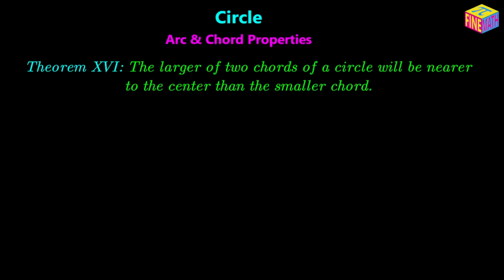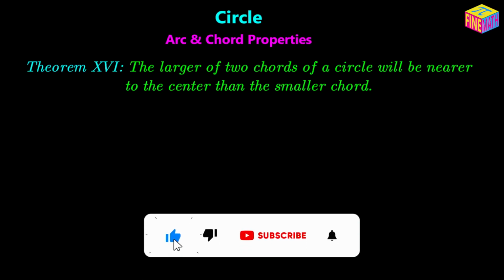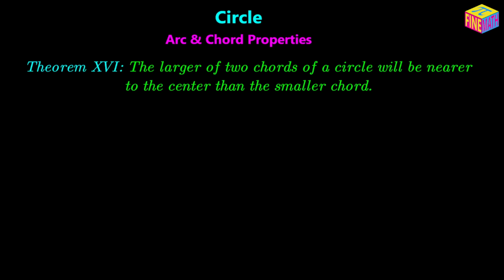Hi everyone, in this video we are going to discuss theorem number 16 from the geometry of circles. The theorem says the larger of two chords of a circle will be nearer to the center than the smaller chord. That means if we have two chords in a circle, the distance of the larger chord will be smaller than the distance of the smaller chord from the center. So the distance is measured from the center of the circle. The distance between the center and the larger chord will be smaller than the distance between the center and the